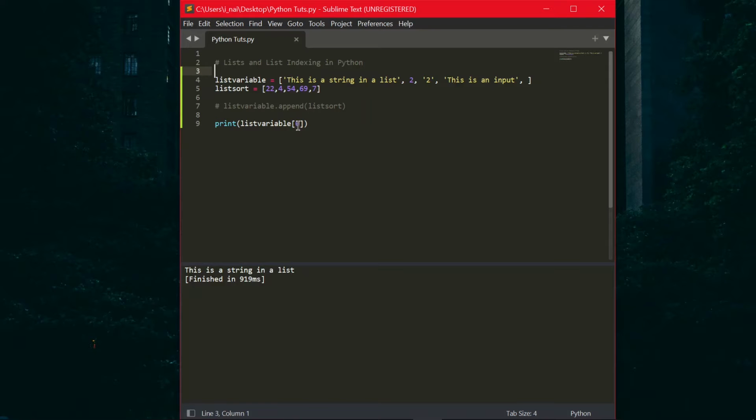What if I want to print the string 2? I can say index 2, because that is the third thing. Then colon minus 1. Guess the output for this. Again it reverses the string. Here the default start argument is 0 and the end is the length of the string, which automatically comes. You don't need to type this, but I'm typing it for example. So it always starts from 0 by default and goes till the end of the list, and minus 1 is just to reverse the list. Now if I say minus 2 or minus 3, it will reverse the list but skip characters in between.